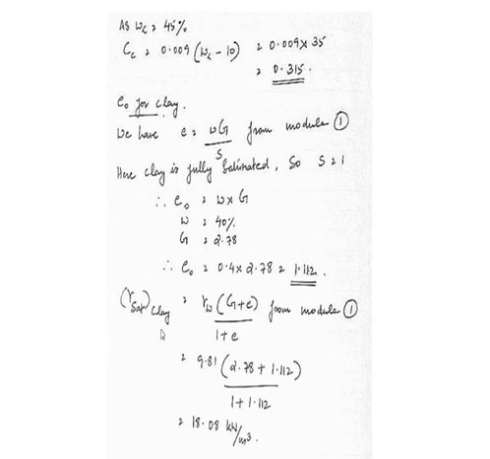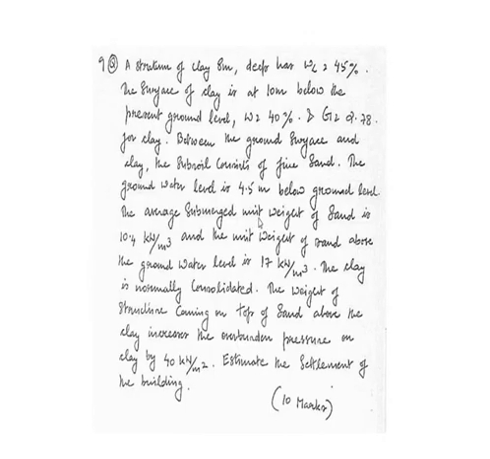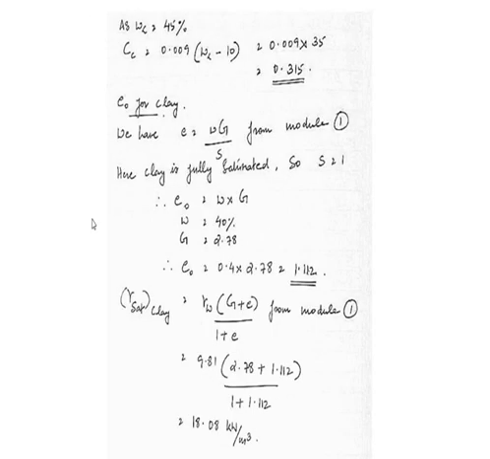Now you need to find the saturated weight of the clay. How will you find it? In the problem the saturated weight is not given. The submerged weight of sand is given, the unit weight of sand is given, but we are not given the weight of clay. So that is also an important part. For that you follow this equation, which also comes from the first module. Gamma sat of clay is gamma w into (G plus e) by (1 plus e). You have G and the initial void ratio, so you get the saturated unit weight of clay as 18.08 kilonewton per meter cube.